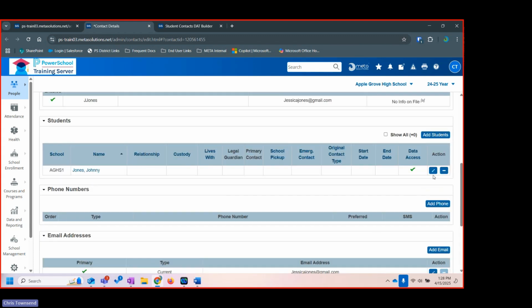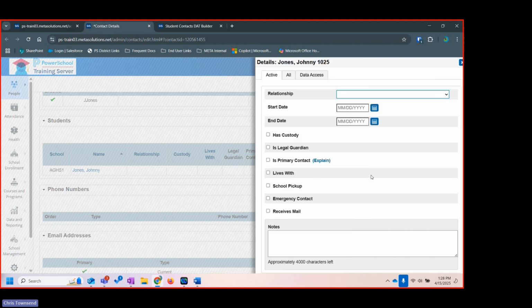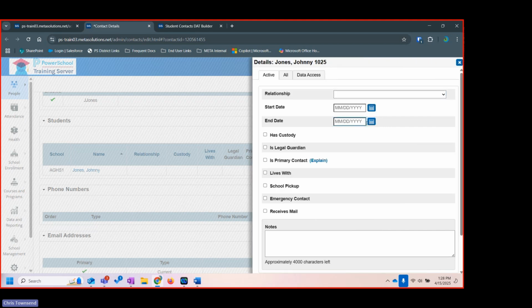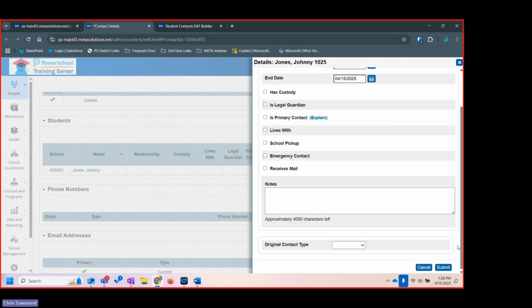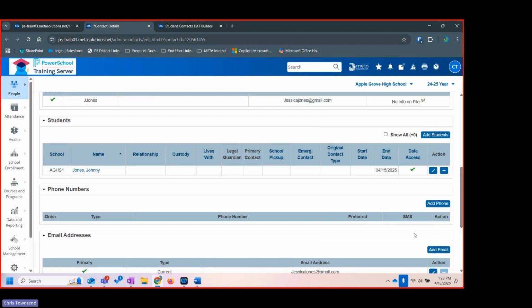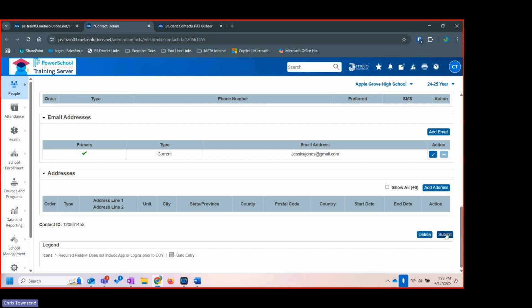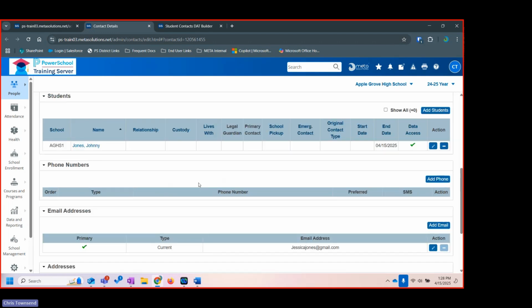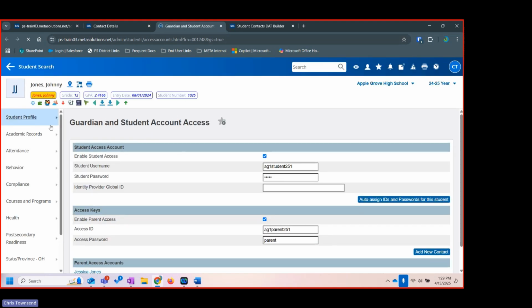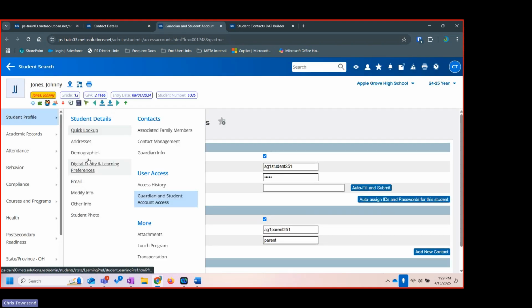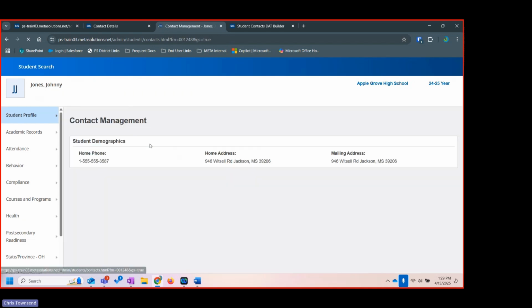Let's go ahead and also, just for our purposes, edit an end date. And let's put today's date in, just so we can say we were done with this contact as of the 15th. Submit that and inactivate that contact. Now when I click submit, if we were to go back to Johnny and take a look at his contact data, we would notice that within contact management,